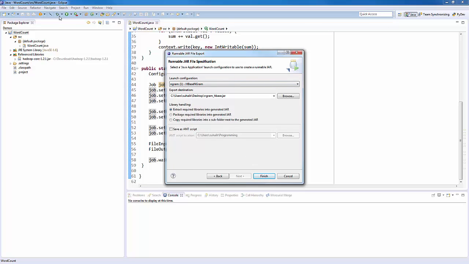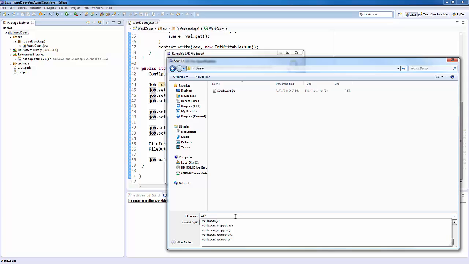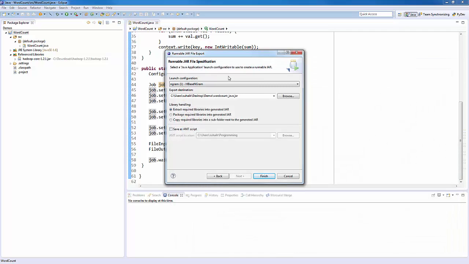Typically a launch configuration will be set up only if you have run this job at least once from Eclipse, but it's fine. We'll also give it a name. So let's just go ahead and store this as wordcount.jar, and in fact we'll call this wordcount Java, because we already have another wordcount jar file. Now it'll ask you how you want to handle the libraries. We're going to say that we're going to extract the required libraries into the generated jar. So it's typically what we use to avoid any problems later on. Hit finish,